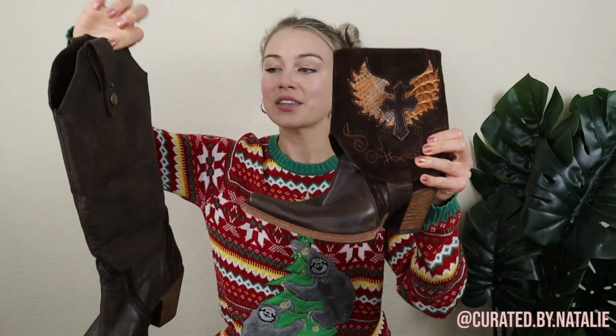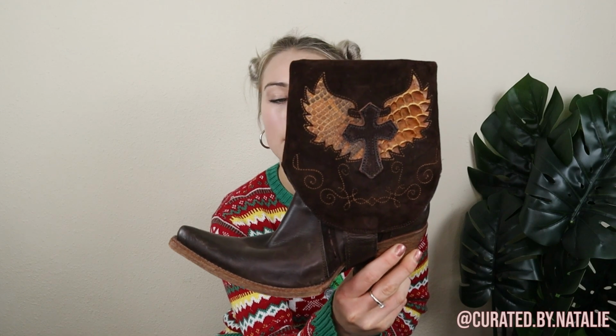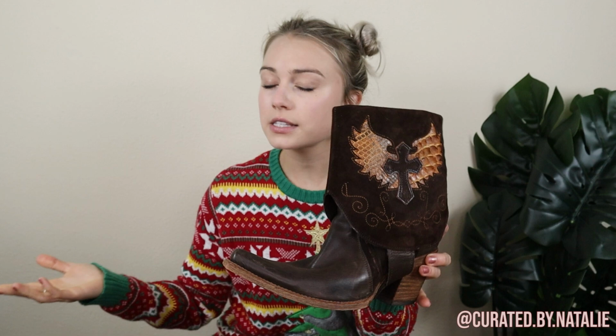It seriously looks like nobody wore these at all. So really, really, really freaking cool cowboy boots. These are still for sale online for $300. I will definitely be selling them for a good amount because they're in amazing condition, and obviously it's real leather,